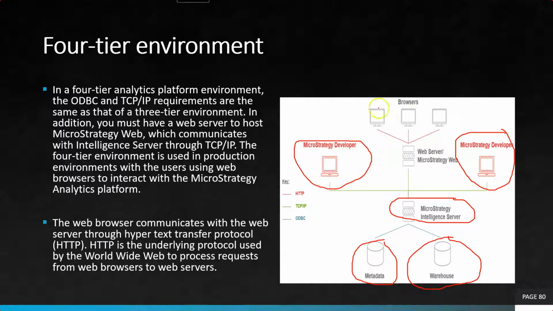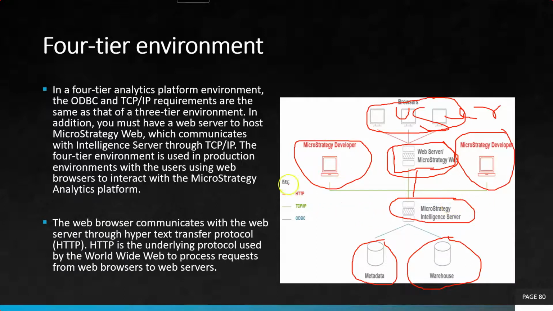Also, you can see in this picture we do have one web server. We have this desktop and we have the web server. These are the user connections. These are the users, but this is our web server. And this web server is directly going to communicate with your intelligence server to get the request results. So your intelligence server will give the results to your web server as well. So here we have the developer, the web server, and the intelligence server coming into the picture also.